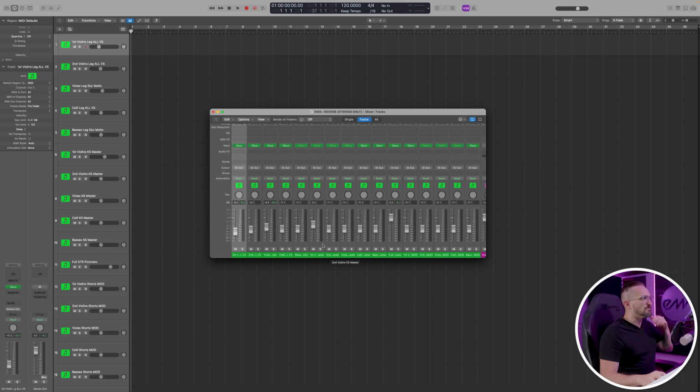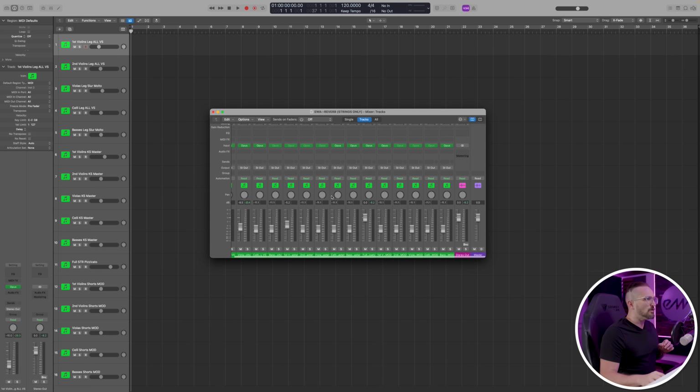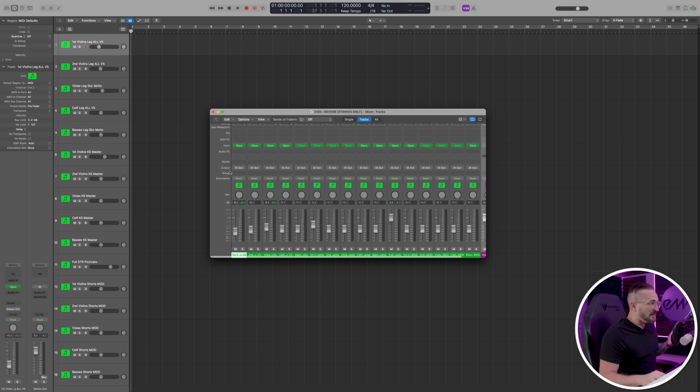So right now we have 16 tracks that are all going directly to the stereo out. And you can see in the output where it just says stereo out. So let's go ahead and create what are called buses. And what the buses are going to do is basically create these submixes where all of the audio from the selected tracks is going to flow through that one single bus.